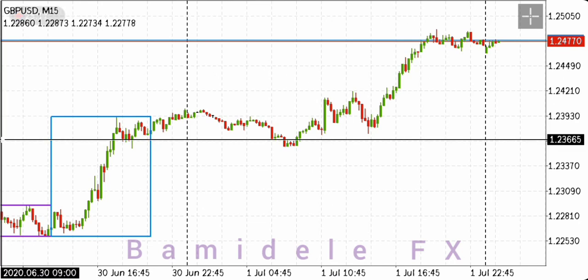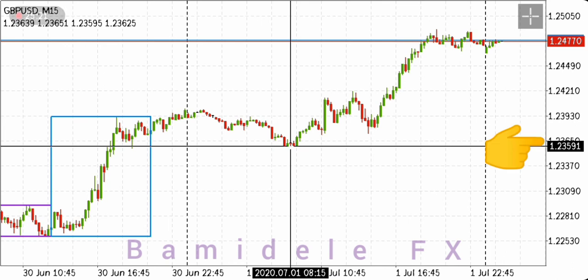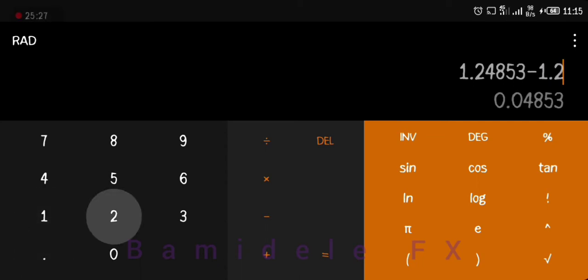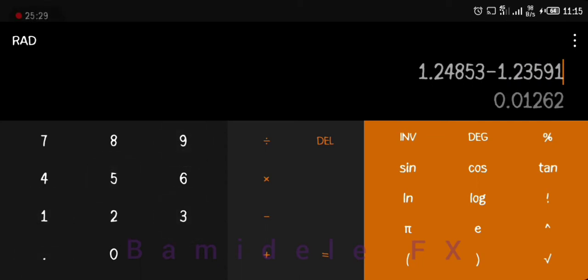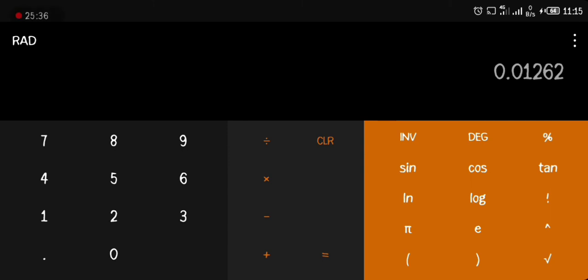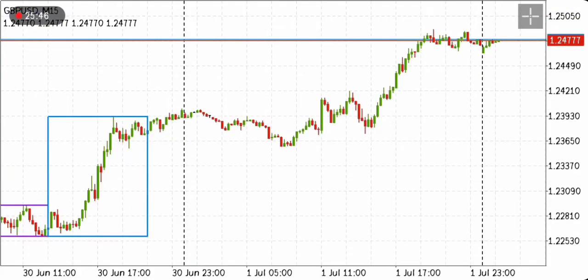Where is the lowest point of the day? It is 1.23591. And what is the value? Let's take the last four digits: about 1262. And what was our previous value of our ADR? It was 1094. So you saw that the market moved its complete